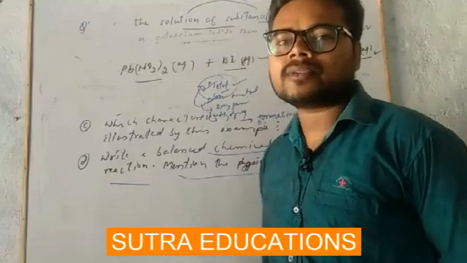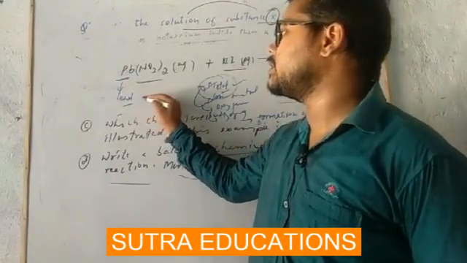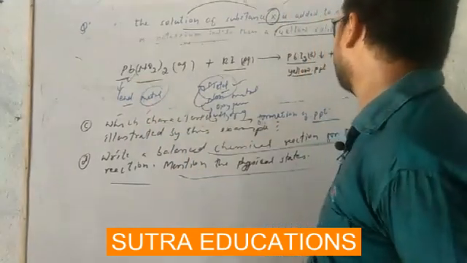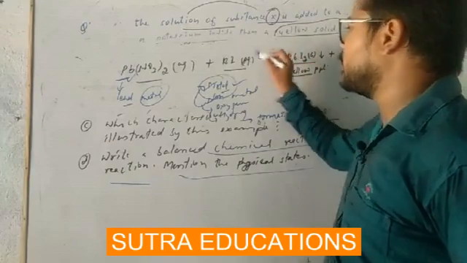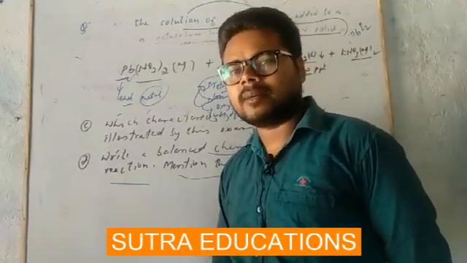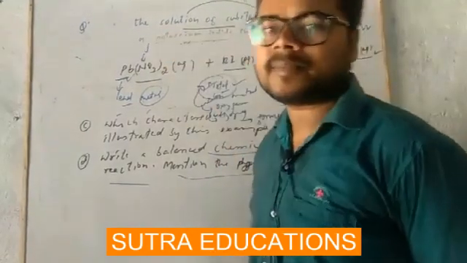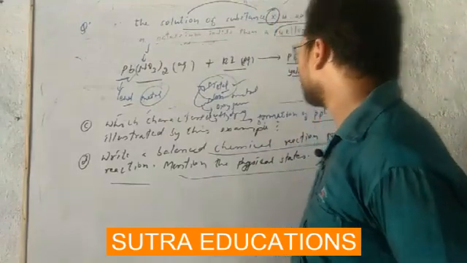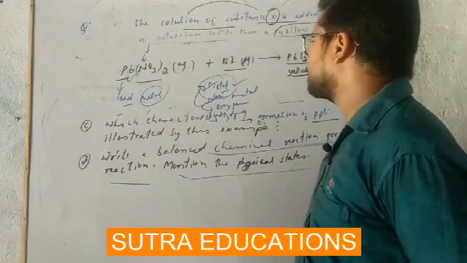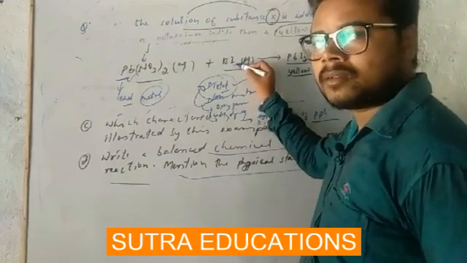So we are going to search for the metal. It is lead, Pb, and it is a metal, we know it. Here it is Pb, here it is Pb, so the metal is balanced now. Then come to the non-metal. Nitrogen is a non-metal here, and here NO3, nitrogen is again balanced. Then the second non-metal is iodine.